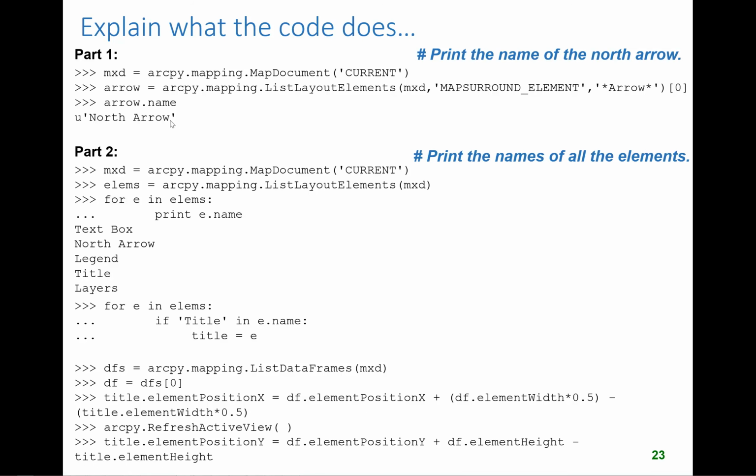Part 2 starts by printing the names of all of the elements in the map. We call this layout elements with just MXD, and then we loop through there and print out the names. Next, we get the element named title. We loop through the same list that we got before, and if title is in the name, we set the variable named title